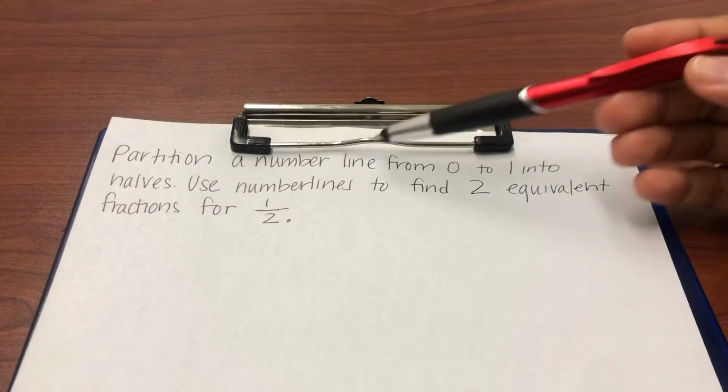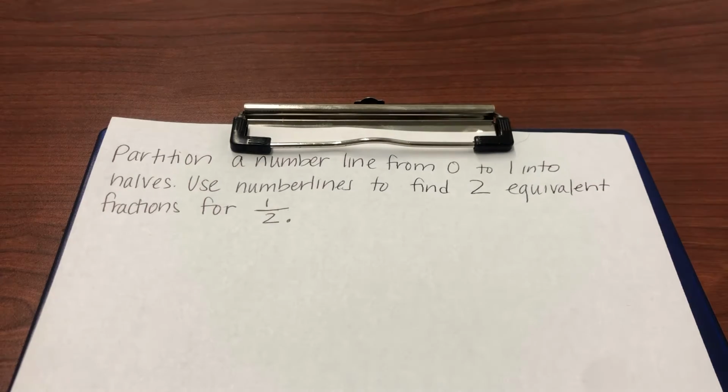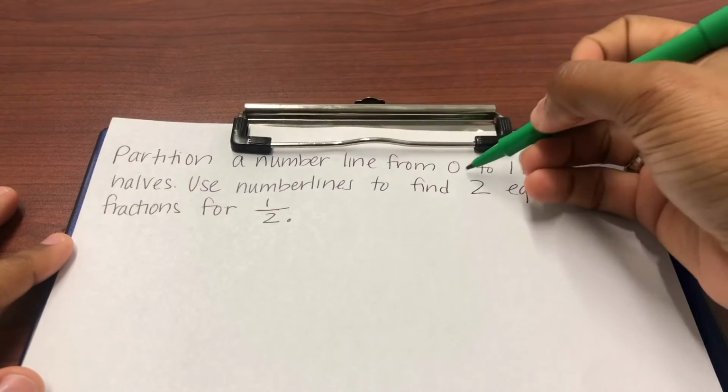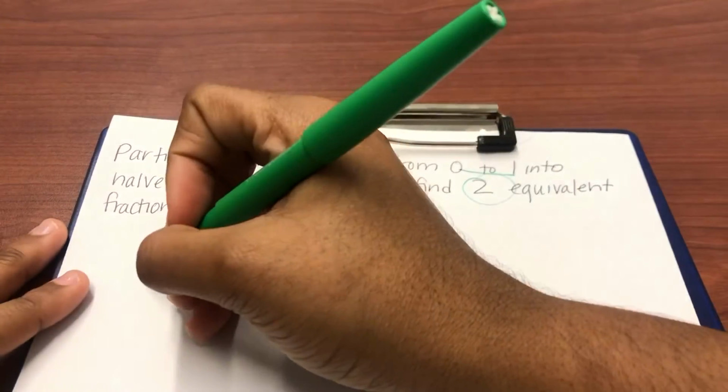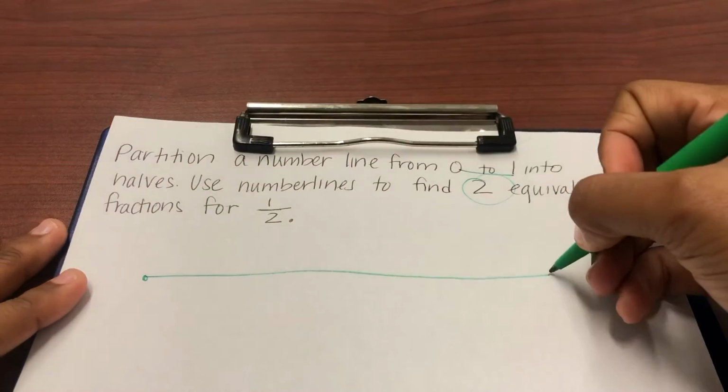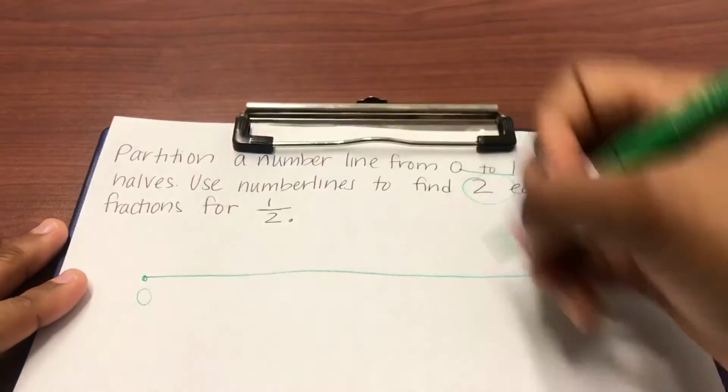Here's a sample problem. Partition a number line from 0 to 1 into halves. Use number lines to find two equivalent fractions for 1/2. Okay, so it says partition it from 0 to 1, find two equivalent fractions for 1/2. So first I'm going to create the number line to show 1/2. So 0, 1,